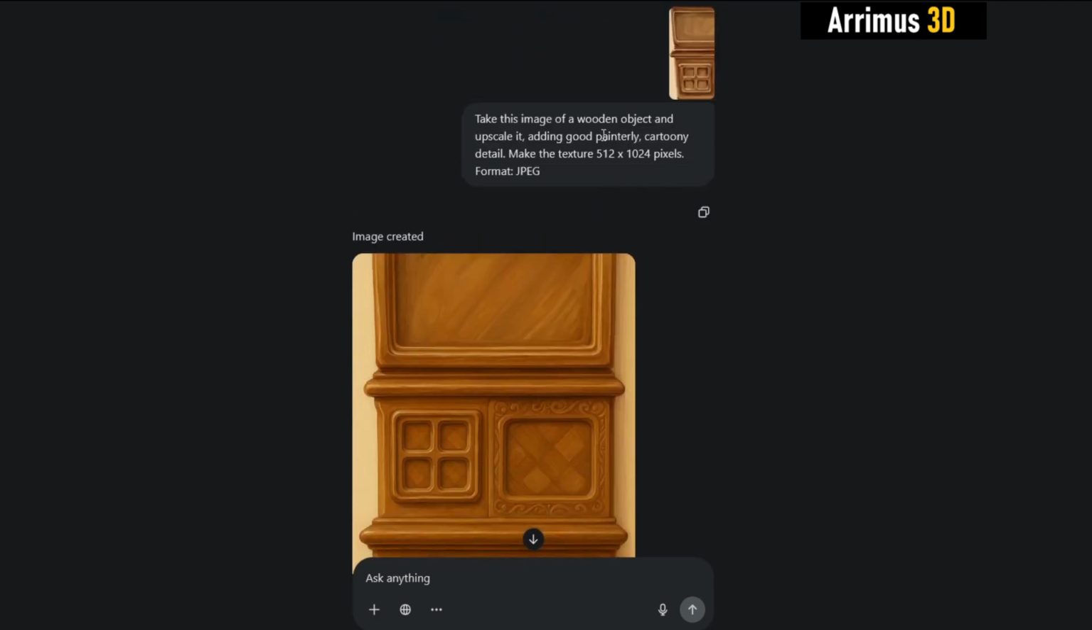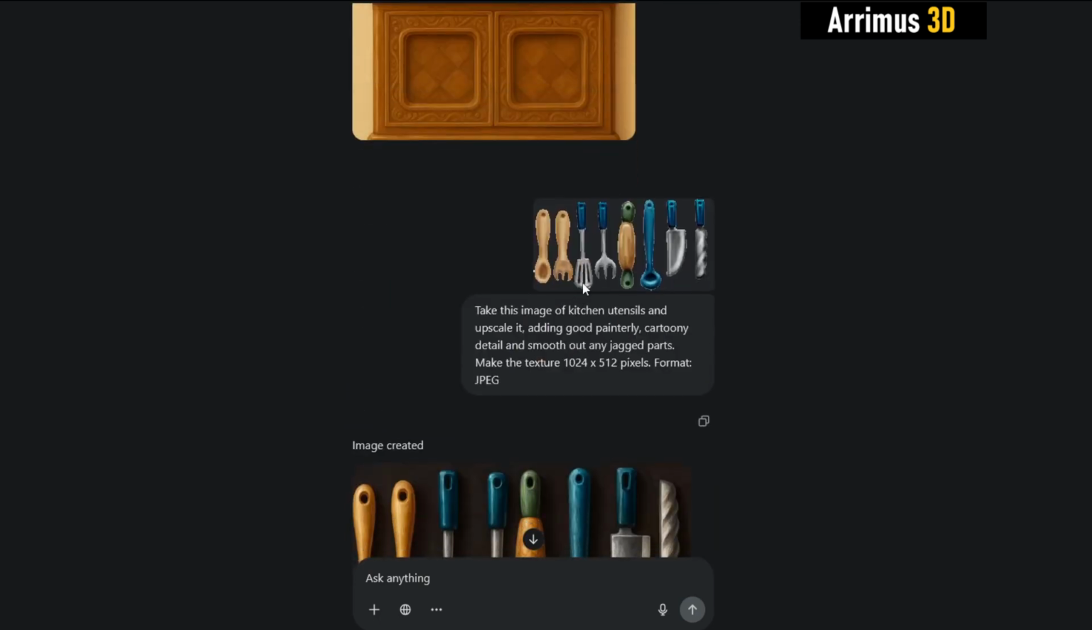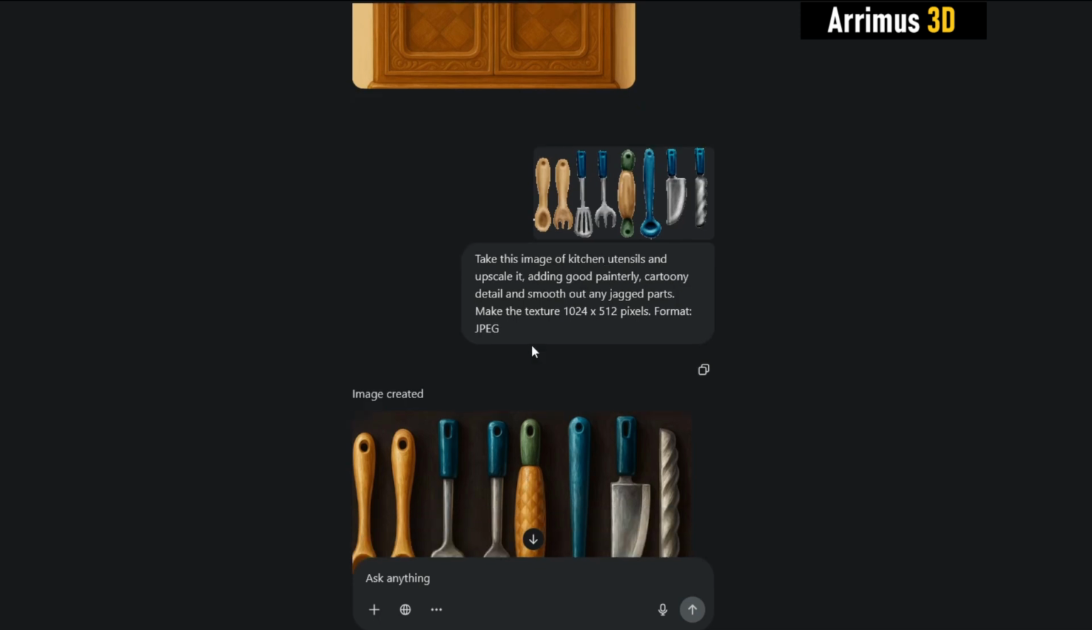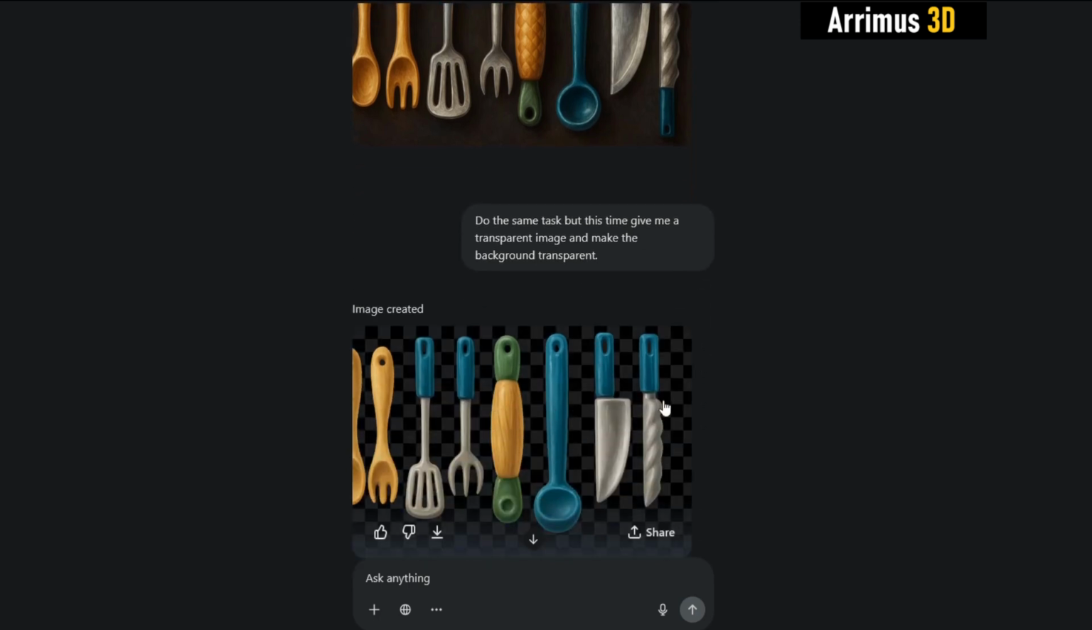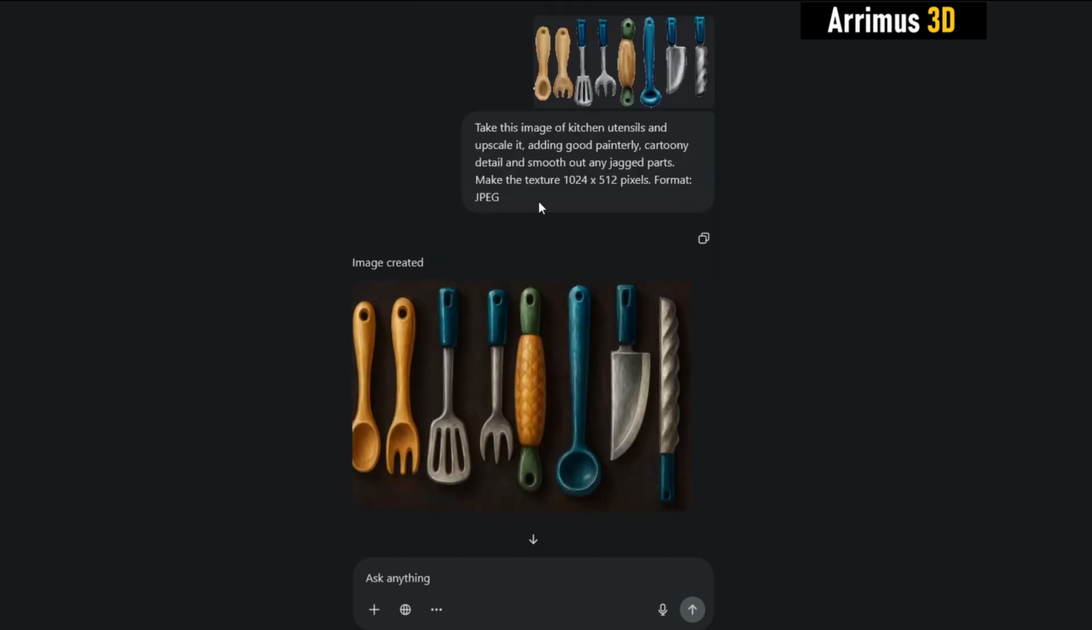Take this image of a wooden object and upscale it, adding good painterly cartoony detail. Make the texture 512 by 1024 pixels. Format JPEG. Take this image of kitchen utensils and upscale it, adding good painterly cartoony detail and smooth out any jagged parts. Make the texture 1024 by 512. Format JPEG. You can see it gives me this. And I say do the same task, but this time give me a transparent image and make the background transparent. And it gave me a transparent background, but you can see I had to fix the spoon here